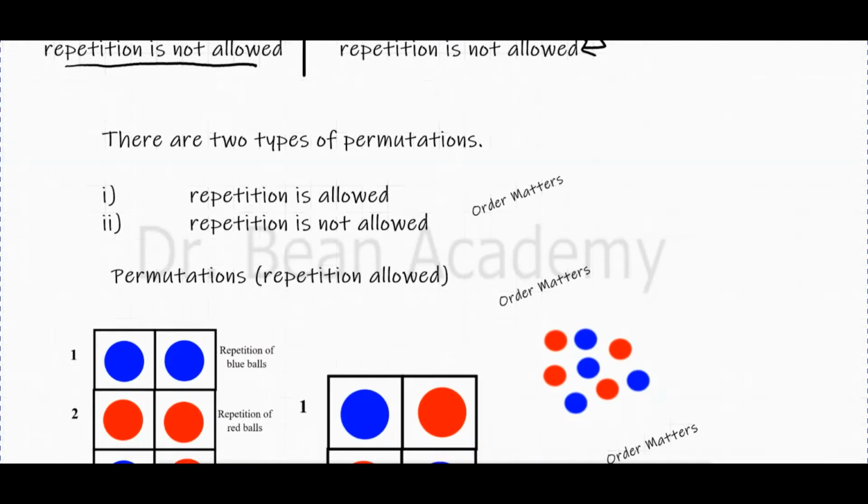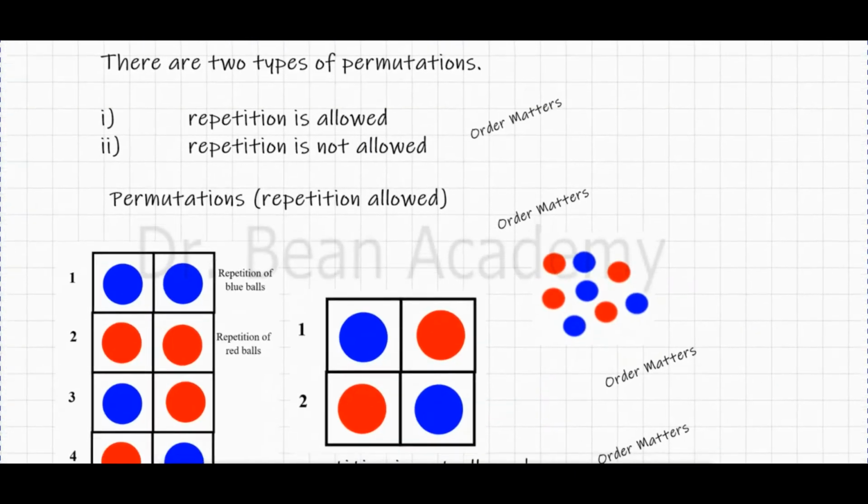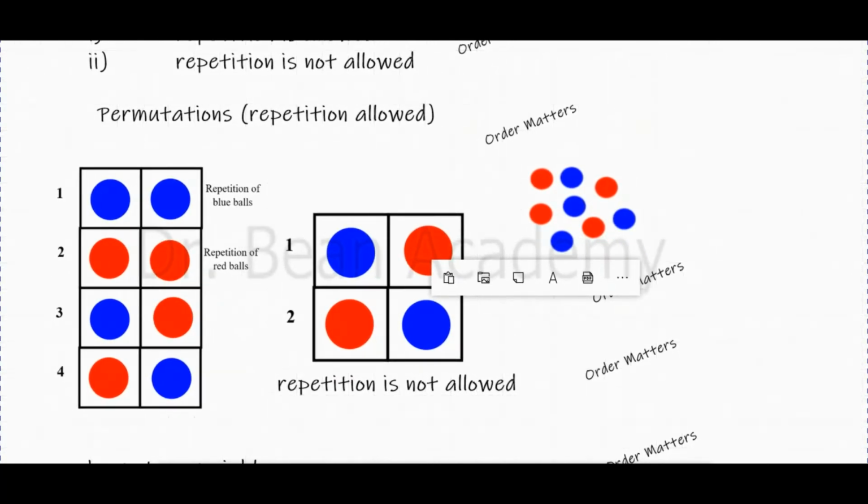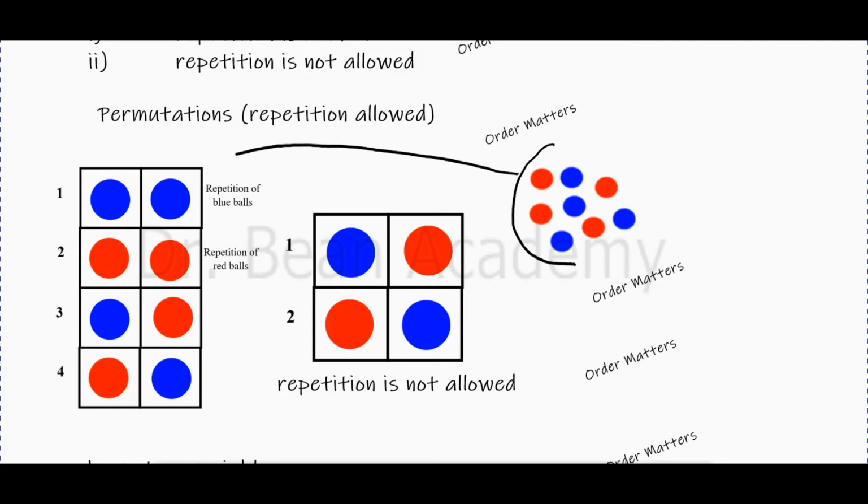So let me explain it in more detail. For example, suppose you have red and blue balls, and I ask you to pick up a pair of balls. If you remember, initially I put a restriction to pick a pair of red and blue balls. Now there is no restriction. You can pick any two balls, whatever you want, and put them into the frame boxes.